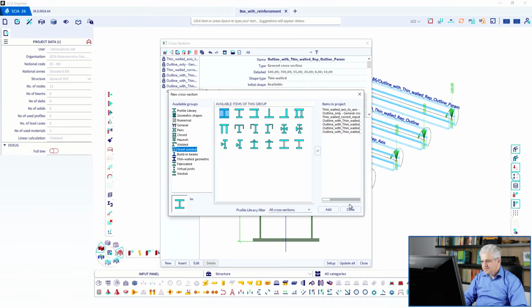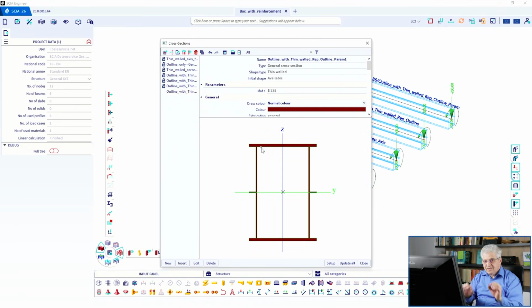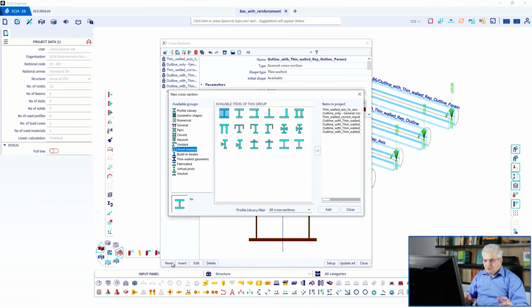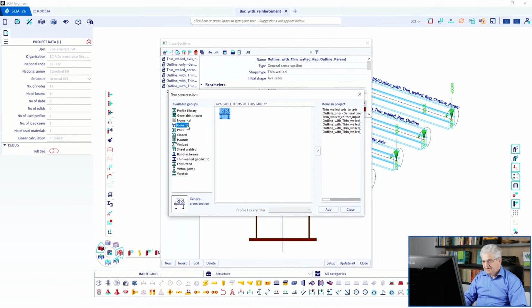But we have inputted our cross-section without these welds or rounding. This is the simplified way how you can work. Sometimes it's okay. You are on the safe side. Another way how we can import the cross-section